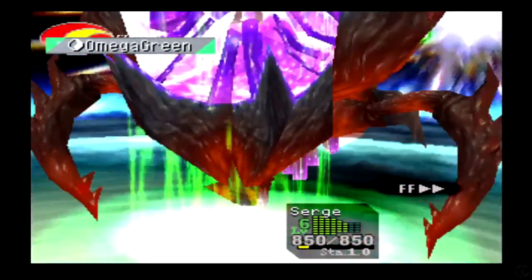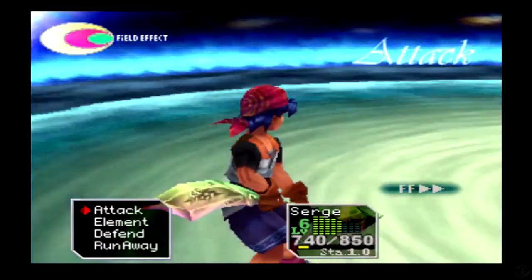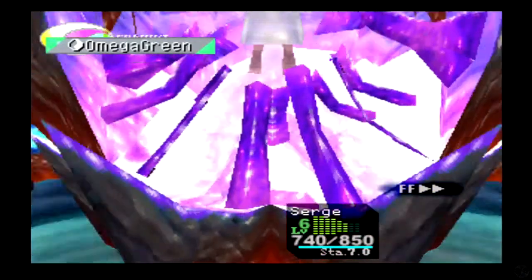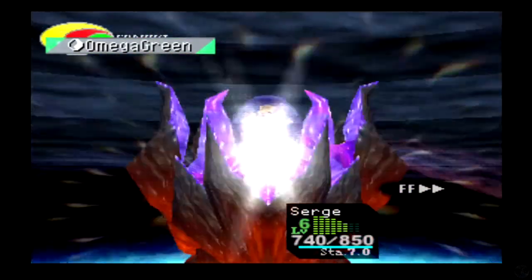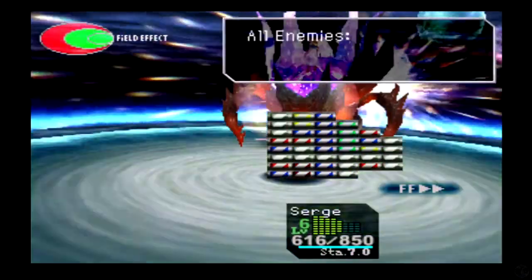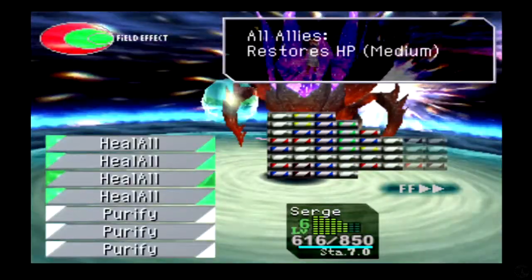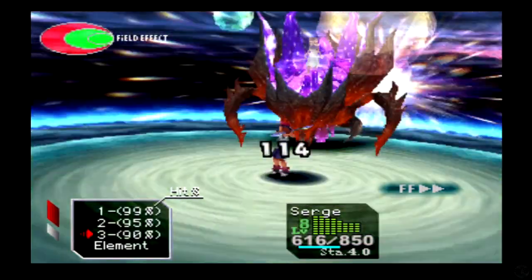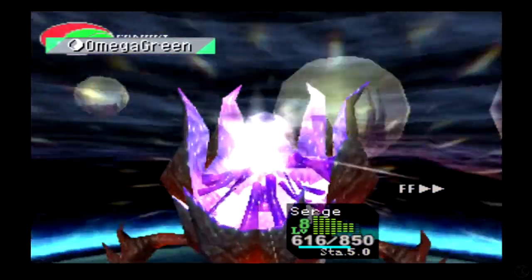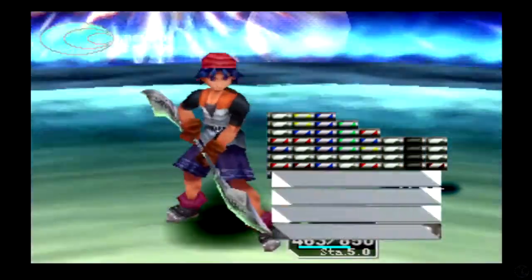Well, first off, 1500 damage just about is pretty good. Now, how much damage is it going to do? 110. And then we have to wait because we're out of stamina, and that gives it a second shot. So basically, this fight is going to be... Yeah, I'm going to go ahead and fast forward this, because we attack, defend, and then use heal. And then attack, defend, and then use more heals. And basically, we're just going to keep repeating that until the time devourer falls. So I'll see you guys...